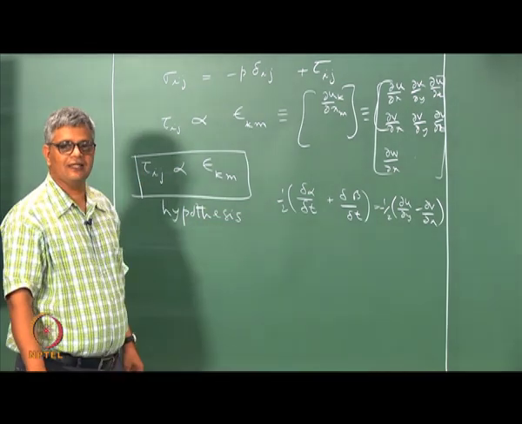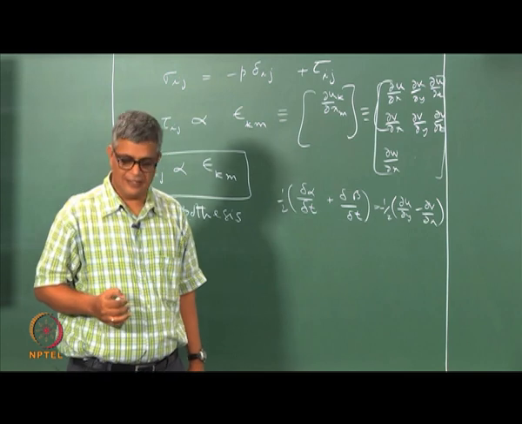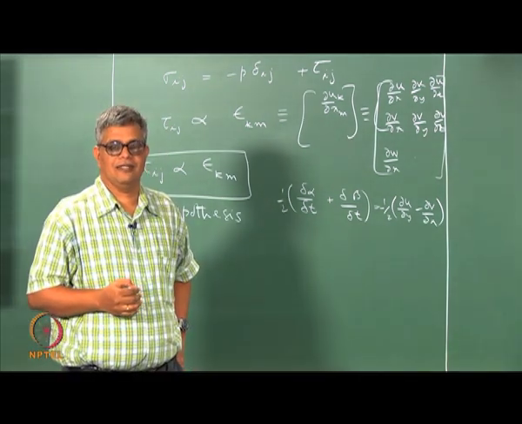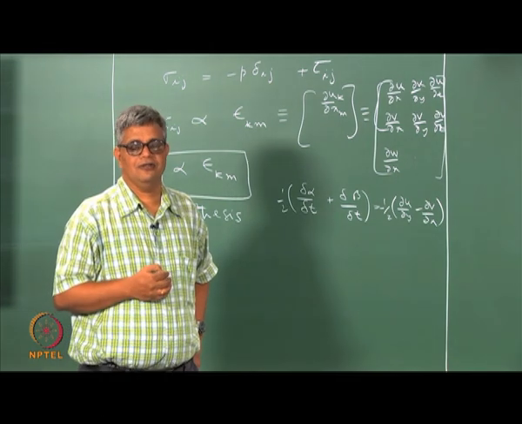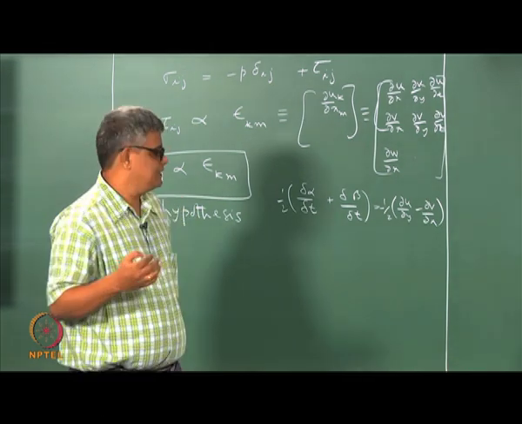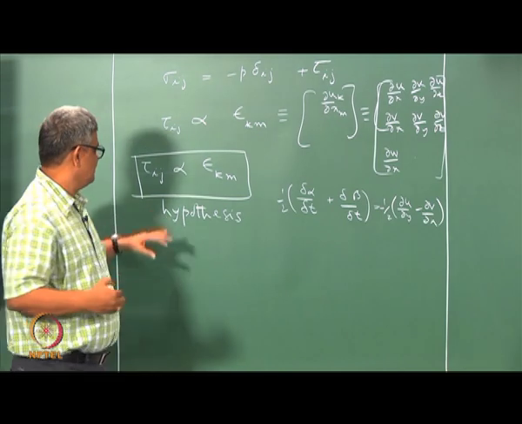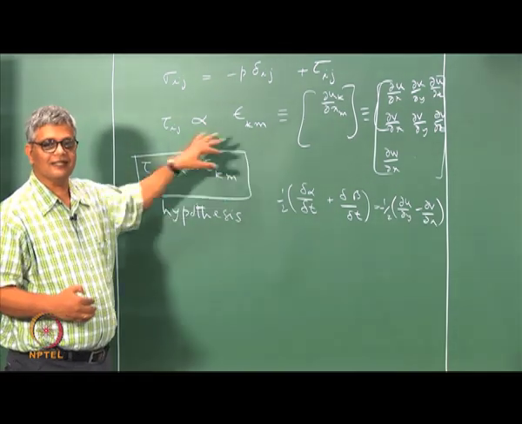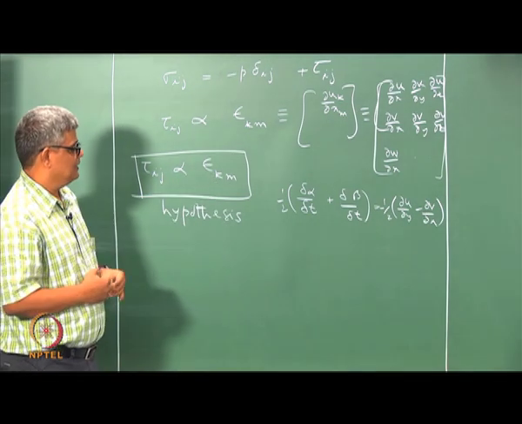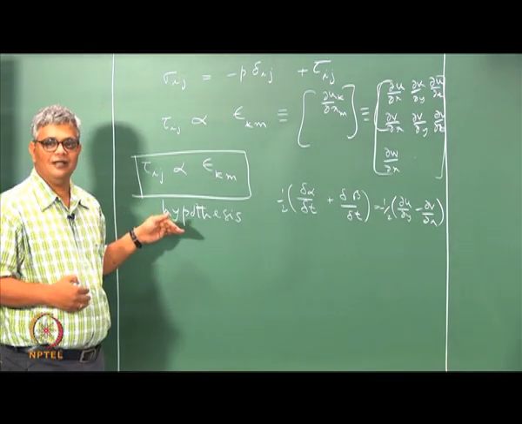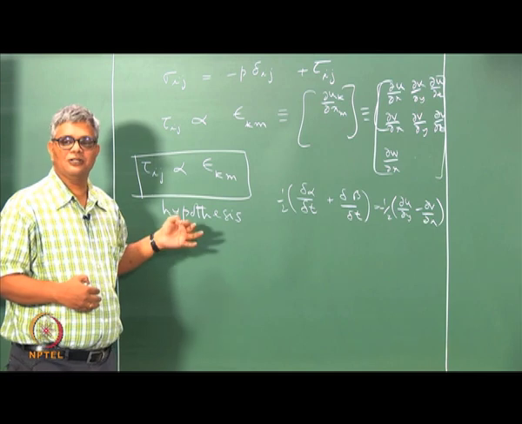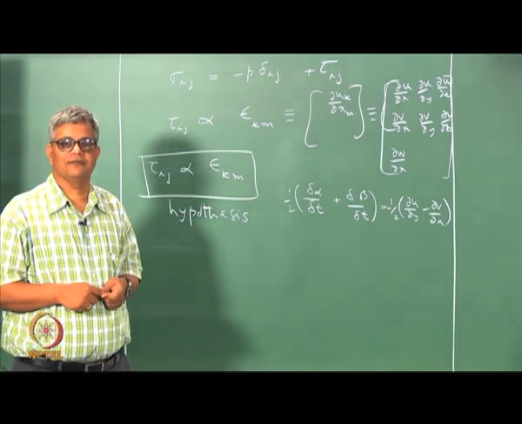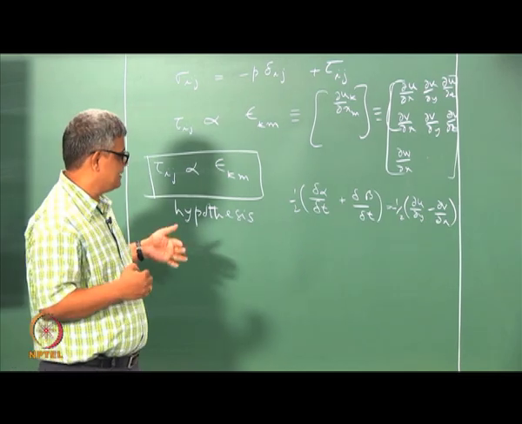And why are we seeking a linear relation? Because a linear relation is the simplest possible that we can have, other than having no relation at all. If it is a nonlinear variation, then it means that there will be this plus some multiplication of this, and that involves additional constants and so on. So this is the simplest possible, and the simplest possible appears to work for very common fluids like air and water. Okay, so that is the advantage of this.